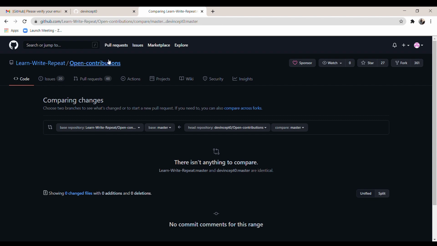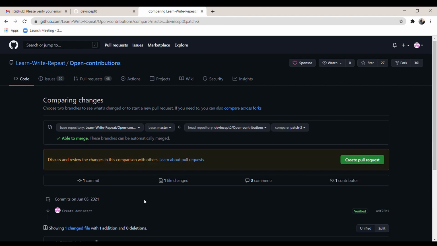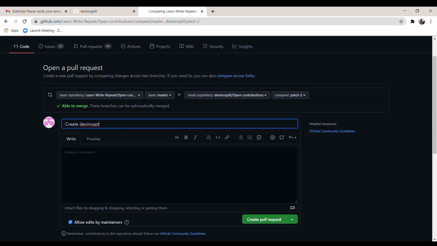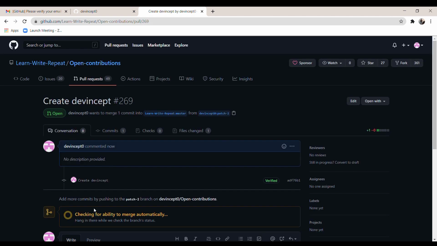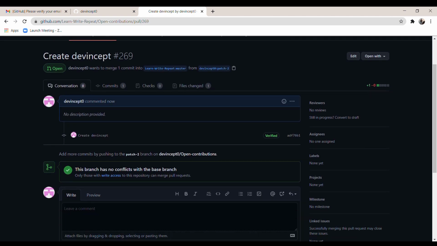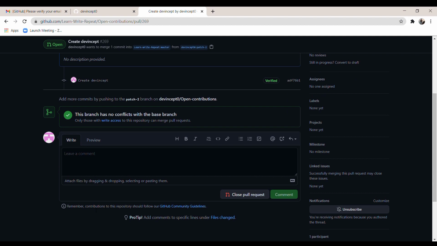We'll create some changes. I have created a new folder and you want to update the original repository, then just click on create new pull request, and you can add a heading for the things you have changed, and also if you want you can elaborate in the right section, then just click on create pull request. That's it, we have created a pull request, and if you want to close that you can just click on the close pull request button.